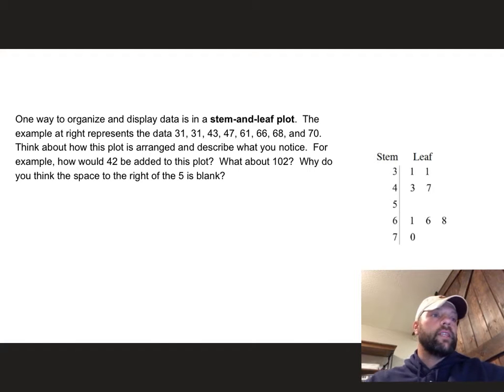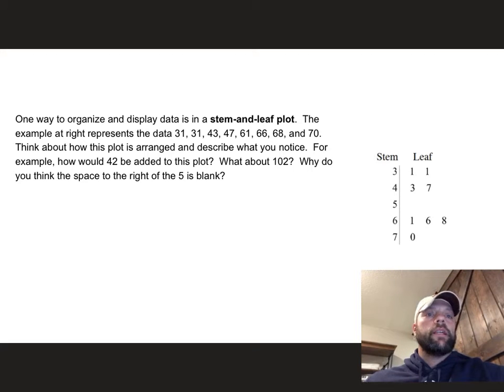Okay, so my stem is going to be tens in this case. Sometimes that line can represent a decimal, but in this case, it's going to represent 10. The leaves represent ones. So my 3 is 30s, my 4 is 40s, my 5 is 50s, my 6 is 60s, 7 is 70s. Okay? All right, so